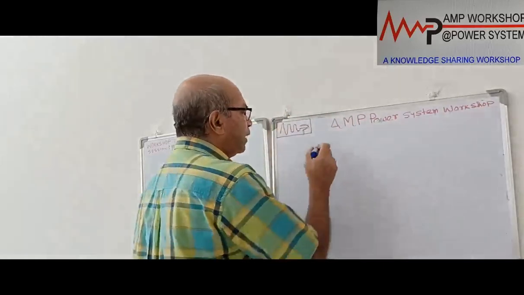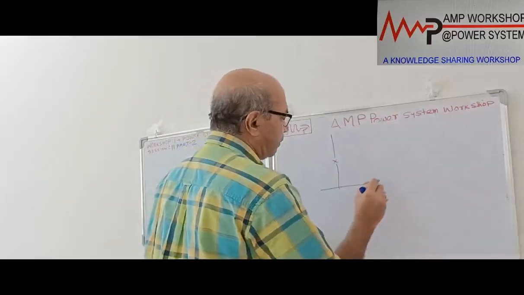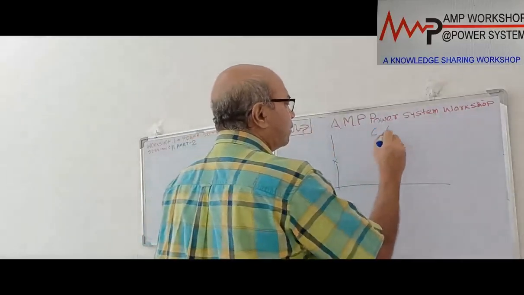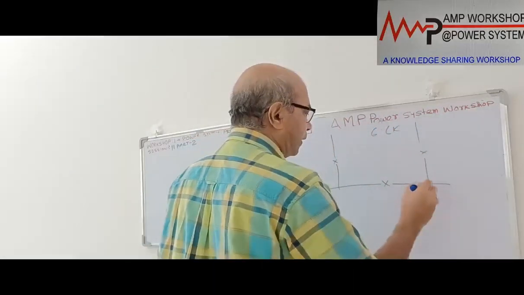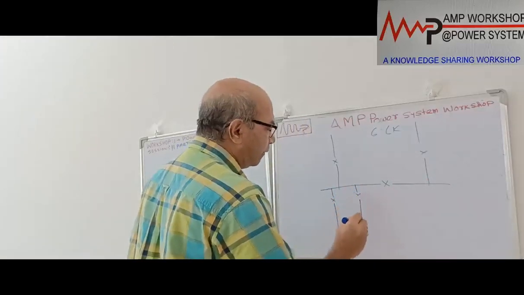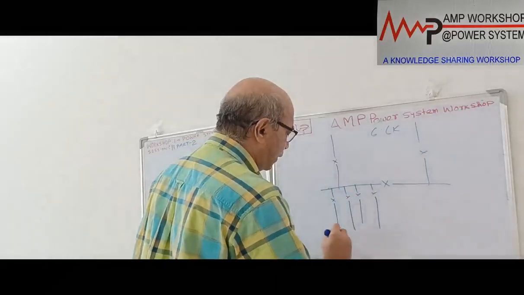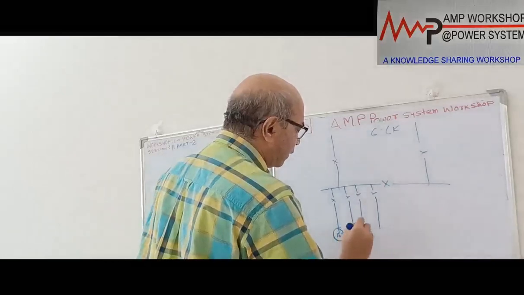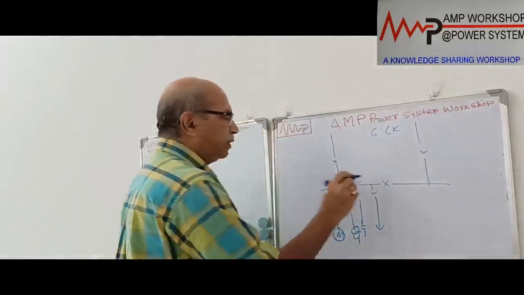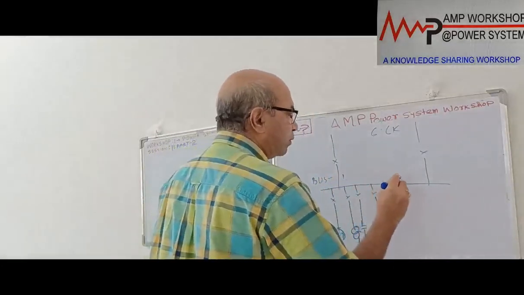Now, suppose this is a particular switchboard. This is an incomer, and this is a bus coupler, and then this is suppose 6.6 kV switchgear. We are considering this, there is another incomer over here. Now here we have different feeders going, so many feeders, various types of feeders. Some are motor feeders, some are transformer feeders, some may be capacitor bank power factor improvement feeders, some may be tie feeders going somewhere. So this is bus section 1, bus 1, and this is bus 2.